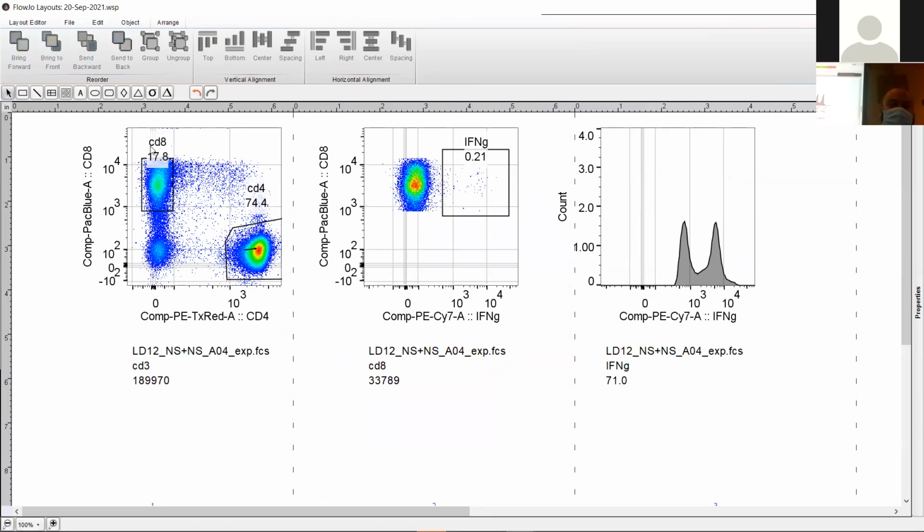Let's do one more change. Having CD4, CD8 on our gates is redundant because it's already on our axes. How do I change that, right? Because you may want to do that for publication purposes. Every journal is different. Some of them will ask you to include your parameter. Some of them will say to only include the marker, the biomarker. So be careful, read the suggestions for your journal, and then this is how you basically edit it in FlowJo